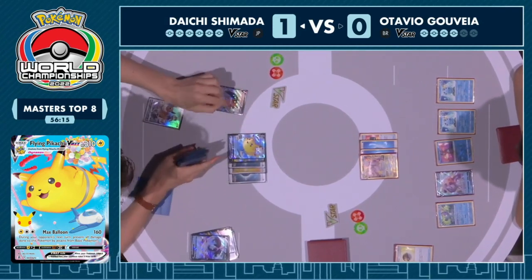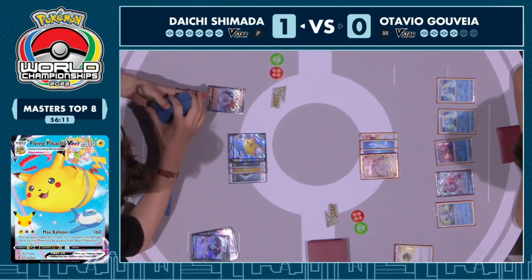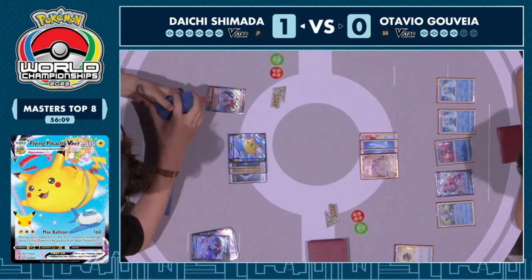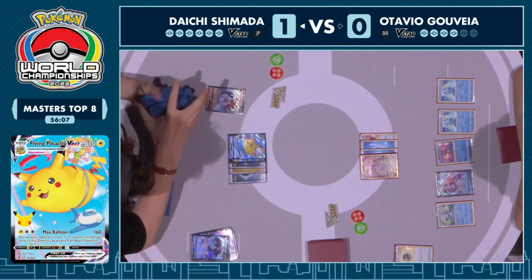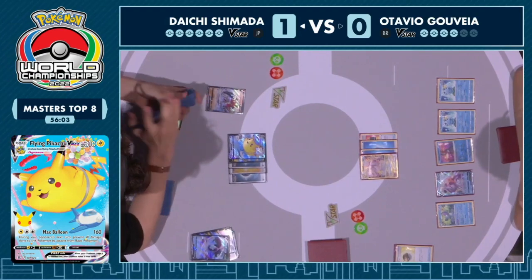It's actually going to be the Hisuian Decidueye, maybe an indicator that he's thinning his deck for a Professor's Research play here, possibly. So I feel like it's got to be far less valuable than an Arceus. You've got to think so. I mean, is there any...